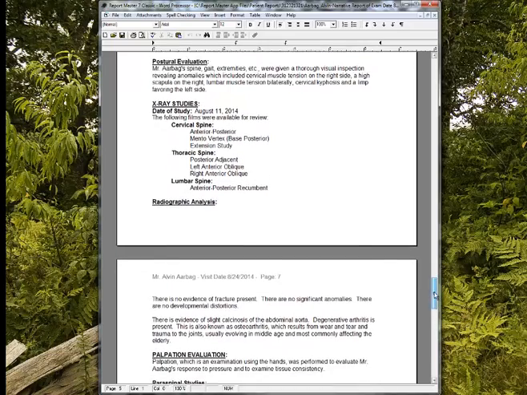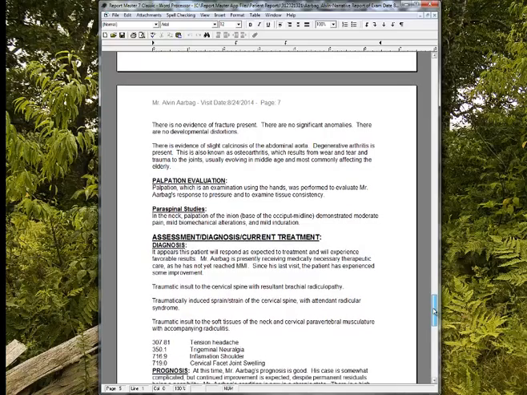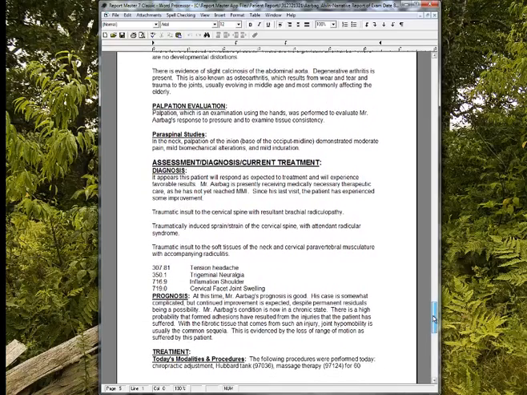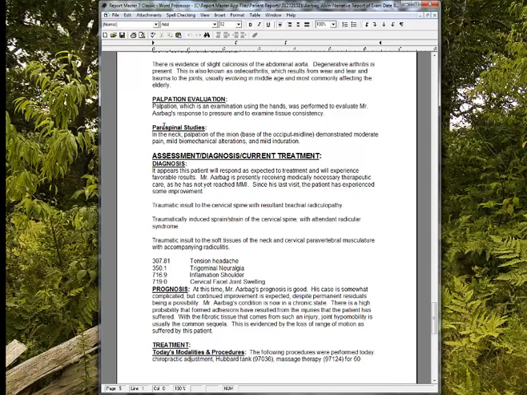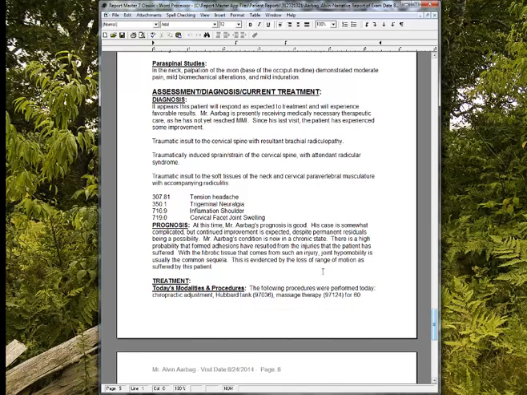X-ray studies. And the palpation evaluation. And we get into the assessment, diagnosis, current treatment,